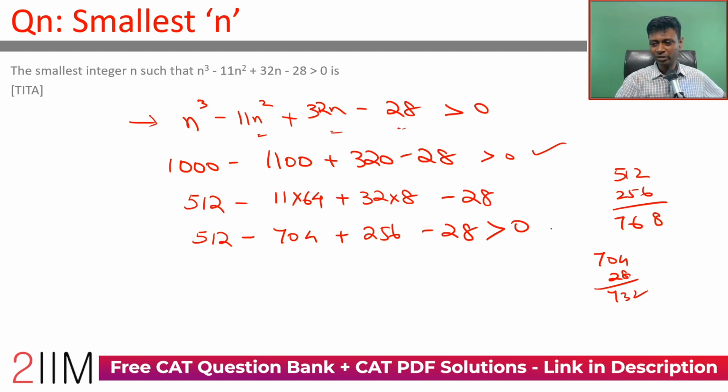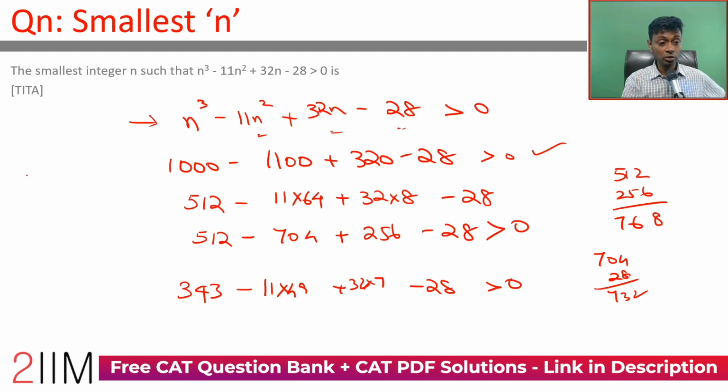When 8 works, this is this close. So the more dominant n cube is, larger numbers should be higher. 8 works and 8 is this close, so 7 probably won't work. Let's check it out any which way. So 343 minus 11 into 49 plus 32 into 7 minus 28 greater than 0. Is this true? 49 into 11, 490 plus 49 is